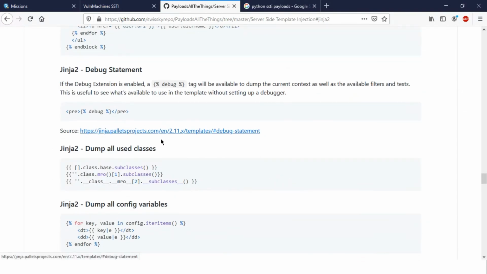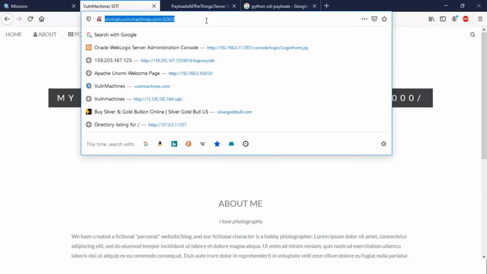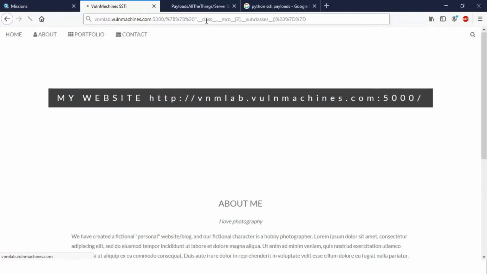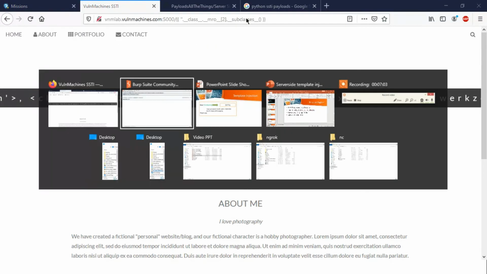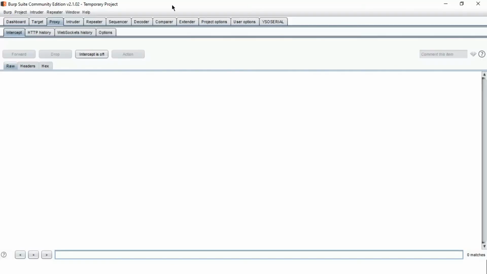So these are the different payloads, some basic payloads. As you can see, dump all classes using the subclass, dump all configuration variables. So let's dump all classes. What are the classes they have used? As you can see, it will be more visible in Burp Suite.